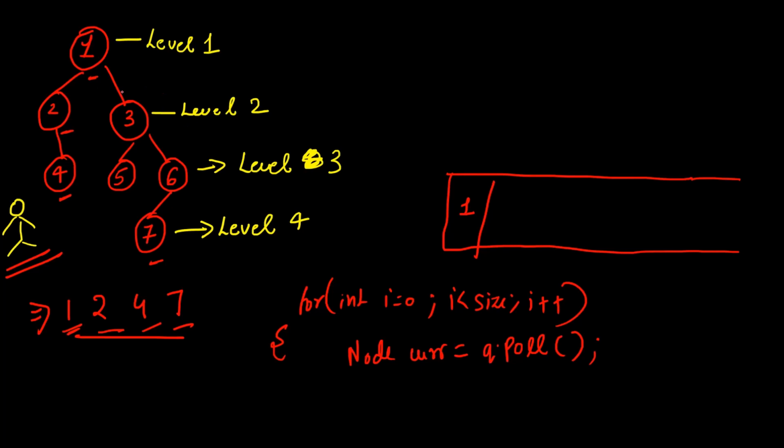Okay, so as of now, how can you determine if that particular node is the first node of your level? Simply you can check that if i equals 0, it means that is the first node in that specific level. Okay, I hope that is clear. So in our case, what we are returning is an array list. Let's suppose our array list is A, just a name. So here we can do, if i equals 0, then A dot add that particular value.